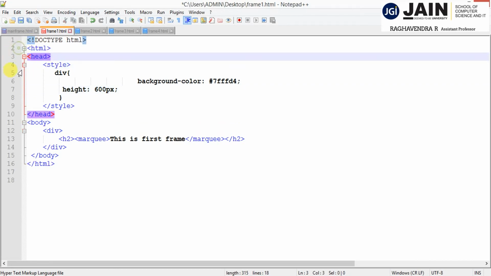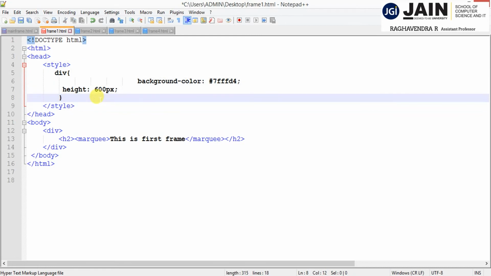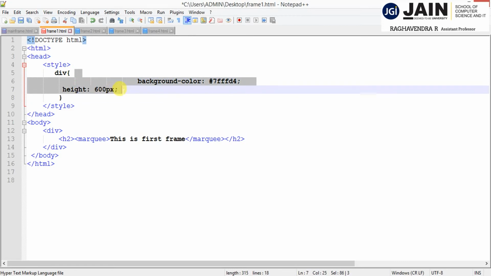Inside the HTML, I'm using a style sheet. A style sheet is used to apply style to the entire web page, or only a particular line or a particular block. Here in the style I'm using the division tag. Whatever properties or styles I apply will be applicable only to one particular container, division, or section of the page, not the whole page.